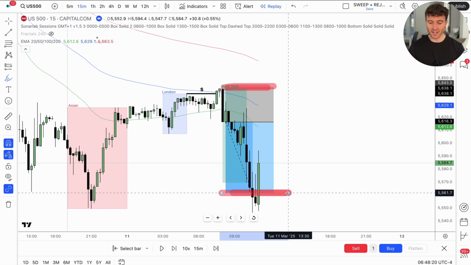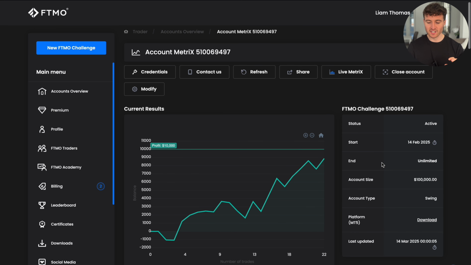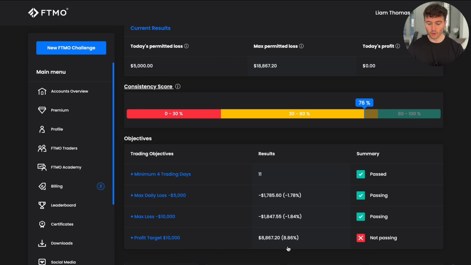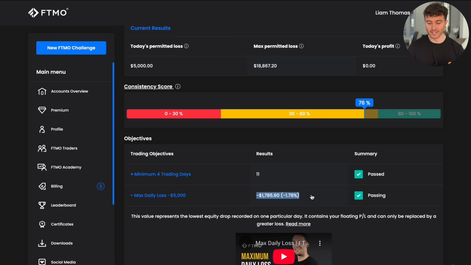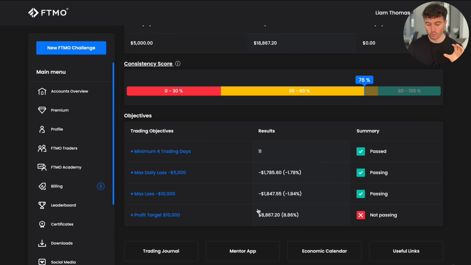And so this is the exact strategy that I trade every single day within the market. And I just want to be even more transparent with you guys. So this right here is a 100K FTMO challenge. This challenge was started on the 14th of February, and it was last updated on the 14th of March. We're currently running plus $8,867, which is a profit of 8.86%. You can see I am abiding to the max daily loss. The maximum drawdown on this account was only 1.84%, and we're currently very close to the profit target,